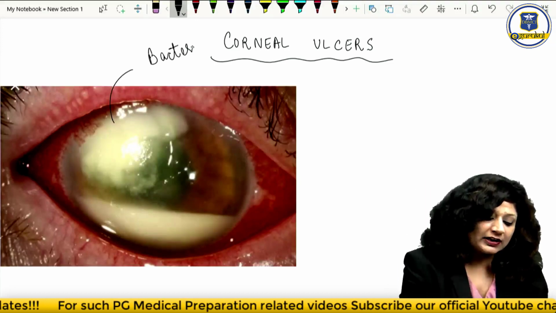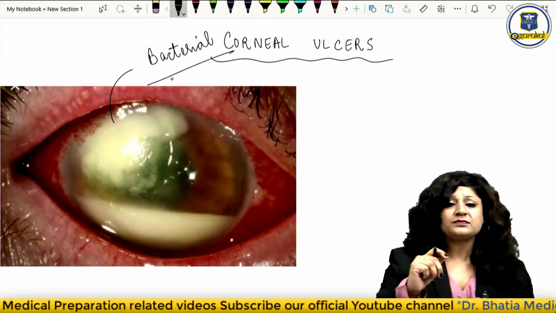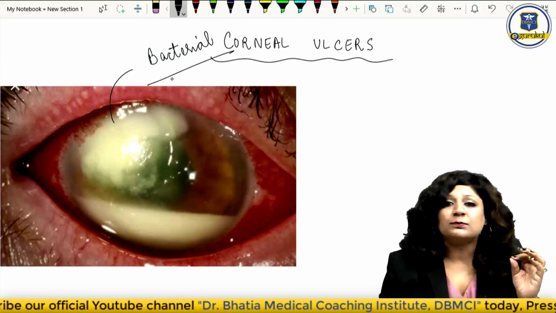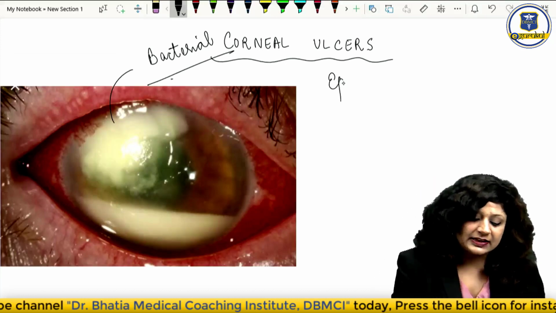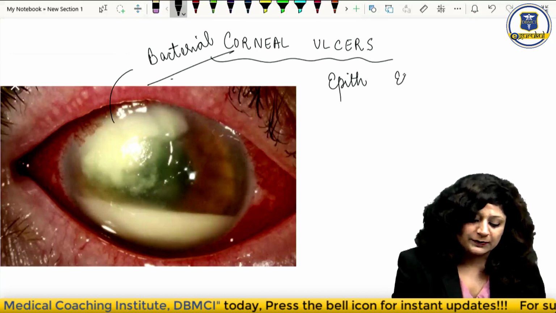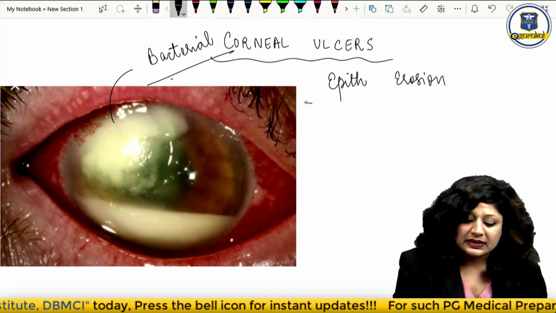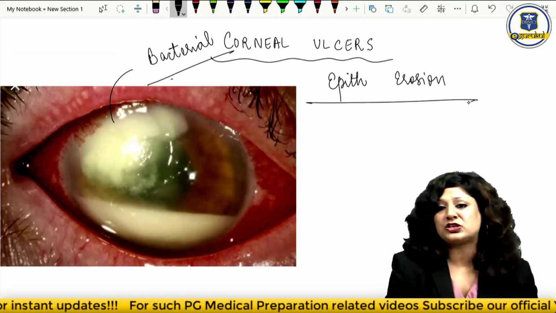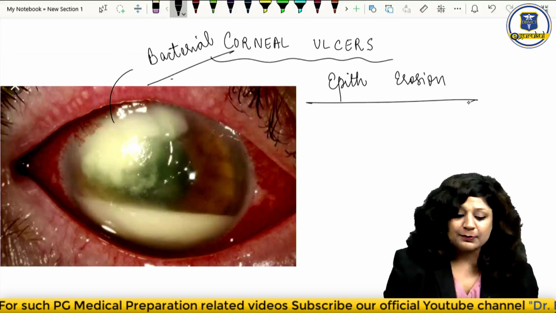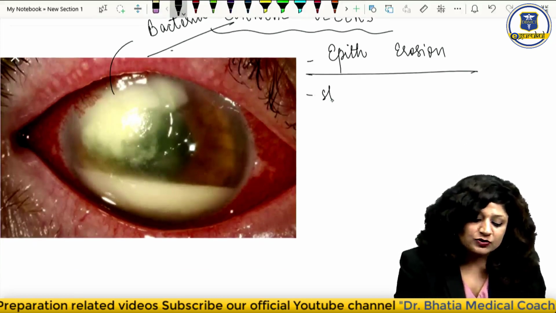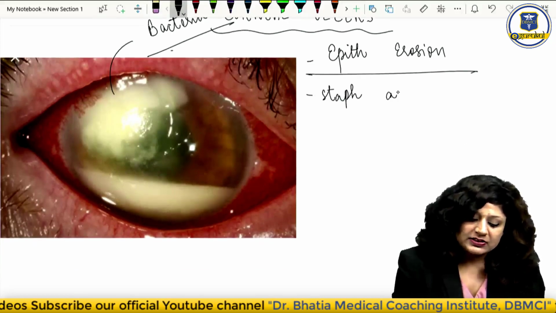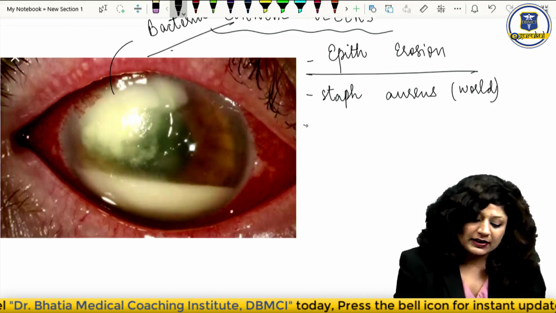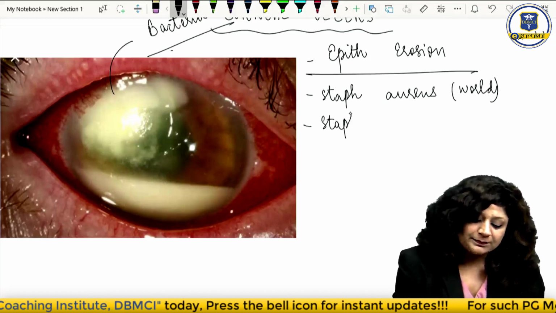The bacterial corneal ulcer is the most common, as we know. Now, what is the most important cause of this ulcer? As you know, the most important cause of this ulcer is epithelial erosion. Whenever there is epithelial erosion due to any reason, secondary bacterial infection very commonly occurs, and the most common bacteria is actually Staph aureus. Staph aureus is most common in the world, but if they ask you in India, then it is actually the